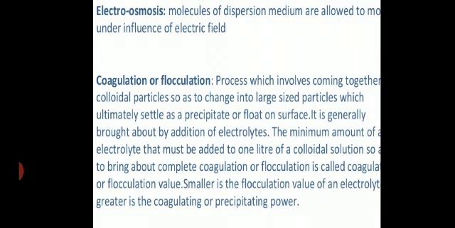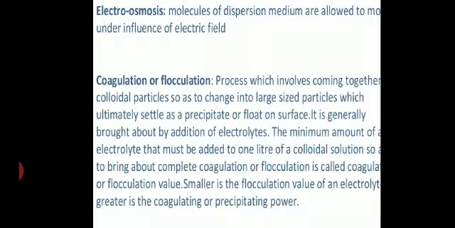It is generally brought about by addition of electrolyte. When electrolyte is added to a colloidal solution, the particles of the sol take up the ions which are oppositely charged and they coagulate. They precipitate. Now, flocculation is when a small amount of electrolyte is added. When the concentration of electrolyte is low, the process is called flocculation. It can be reversed on shaking. However, at higher concentration, coagulation takes place and the process cannot be reversed by shaking.